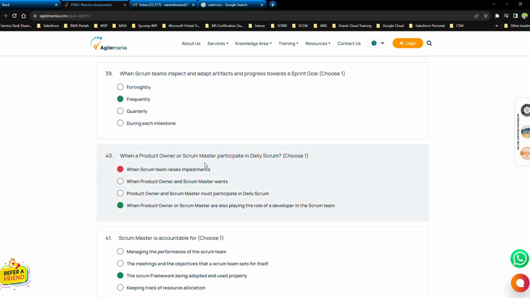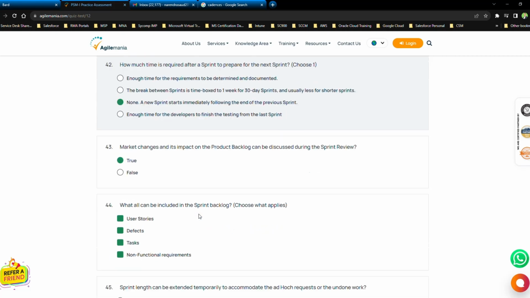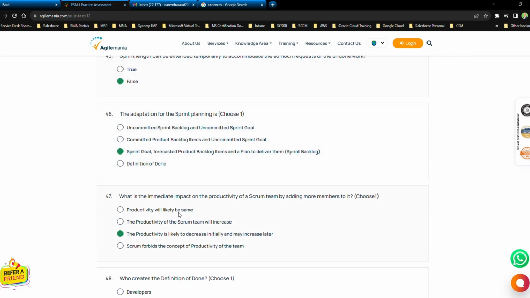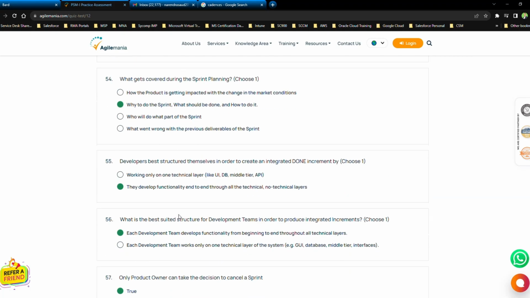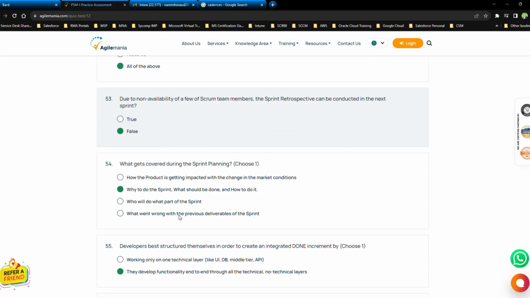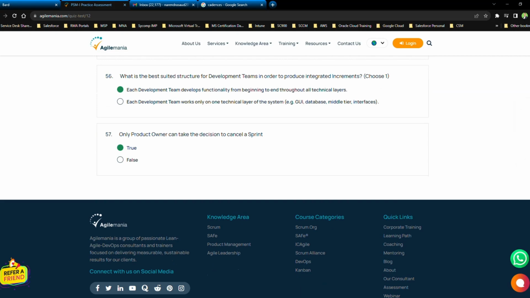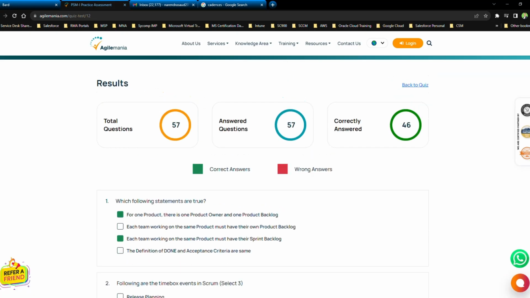When a product owner or a scrum master participates in a daily scrum, they are also playing the role of a developer in the scrum team. I was like 50-50 on this, I was thinking this one, but I selected that. That's bang on, that's correct. And yeah, so this is how it went. So I'm really happy with the results that I got, and I know where I need to improve and where I need to study more. So, guys, this is agilemania, where you can